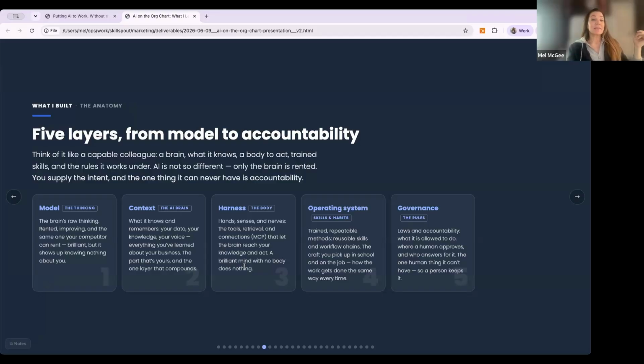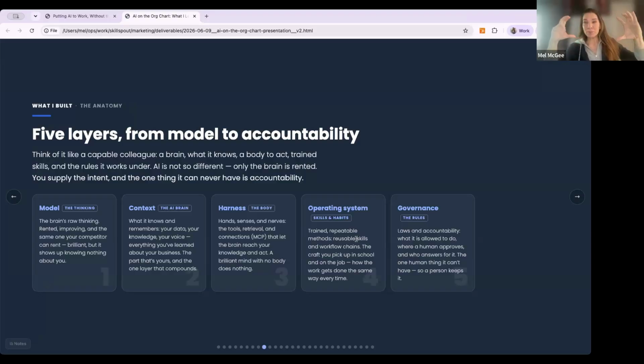The harness includes tools, browsing tools, file browsing, file writing, creation tools, connections, stuff like this. That is the harness. So MCP servers, you might have heard of those. Those let your brain reach out with your knowledge and take action. So that's the harness. And then there's the operating system.